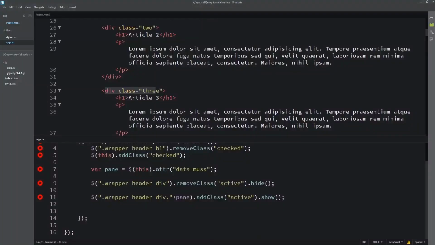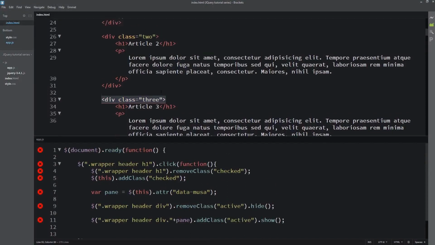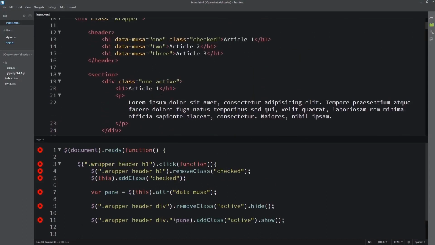What is going on? Let's see. Come here, div class 3, 2, 1 active.